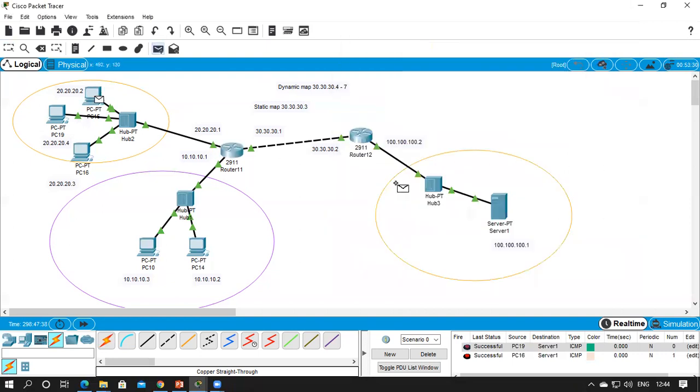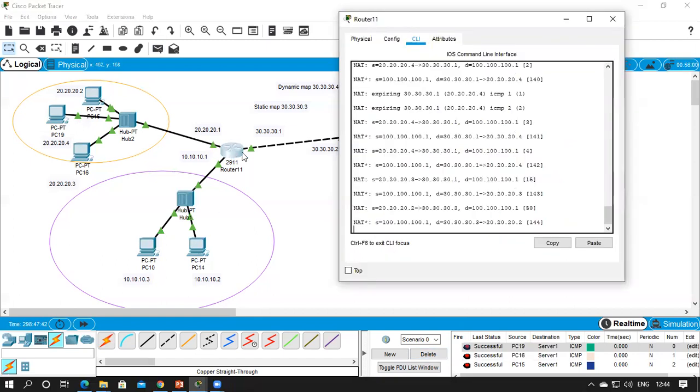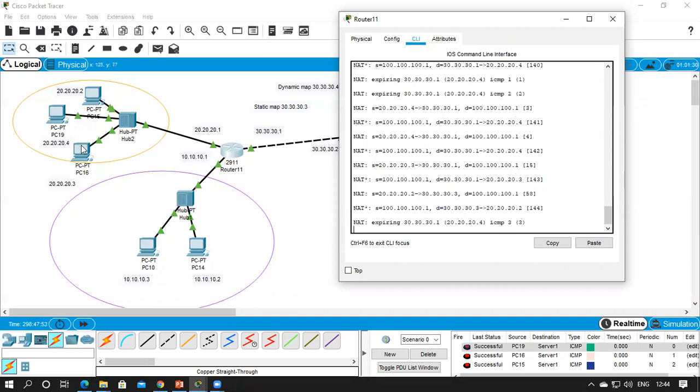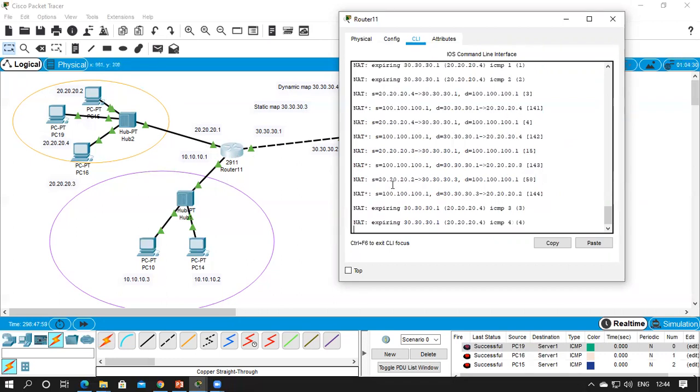So again, I'll send from 20.2 to the server. So you can see 20.2 is mapped to 30.3. So that's the difference between static NAT connection and NAT overload. And why the name port address translation? Because it makes use of the port address in order to map it.